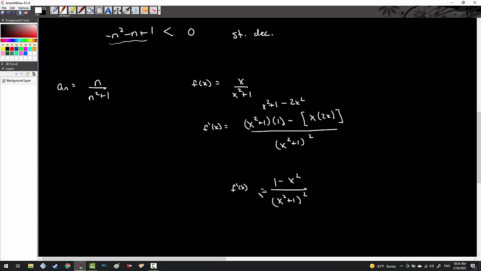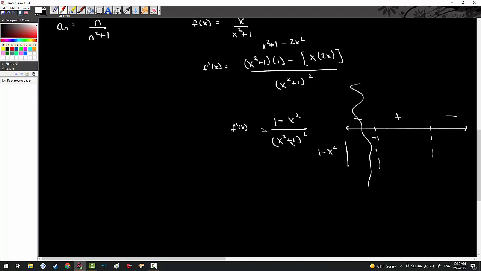Now, if I'm going to find out where this function is decreasing or increasing, the first derivative was necessary, but now I'm going to plug this into the sign chart. We know that our critical numbers are -1 and +1. The bottom doesn't produce anything because it's always positive. I'll do my sign chart normally because that's just how I rhythmically do it. We got an upside down parabola. The signs are minus, plus, minus. But again, nothing here exists for negative values because we're not plugging those into our sequence. But I can say that f